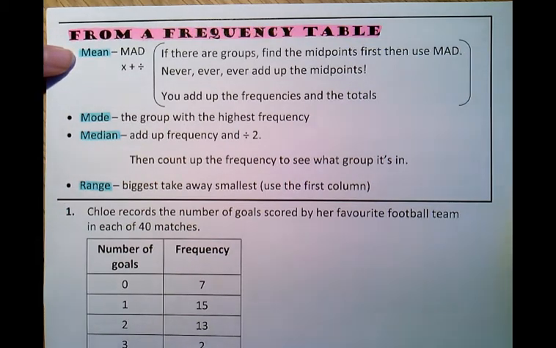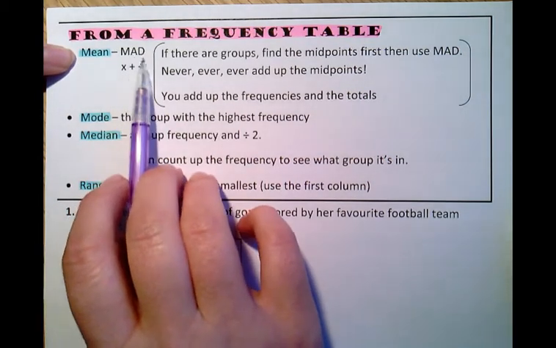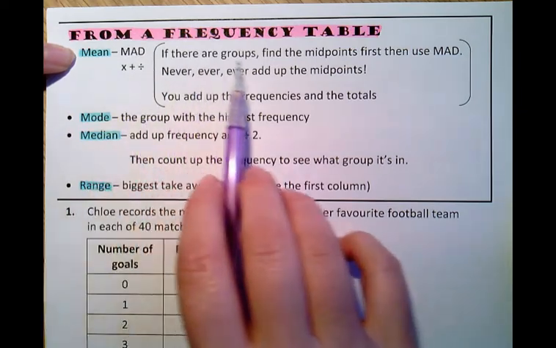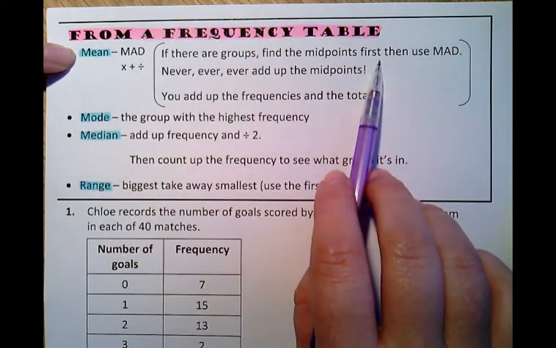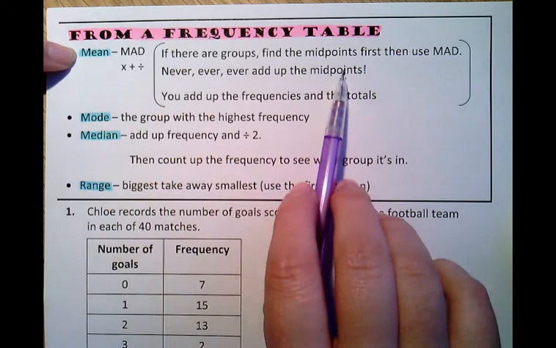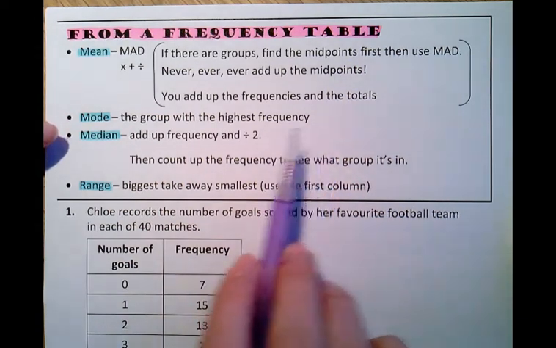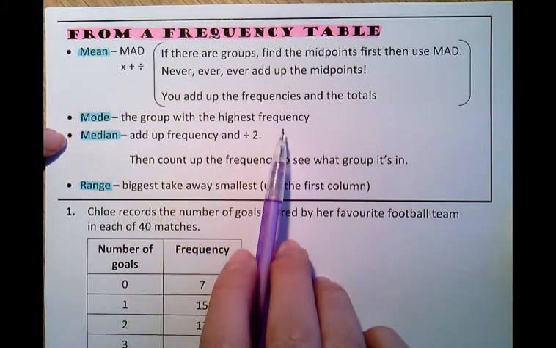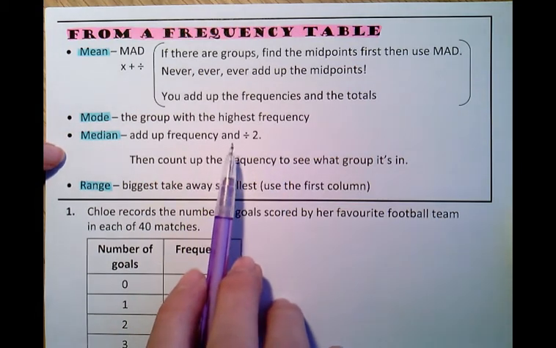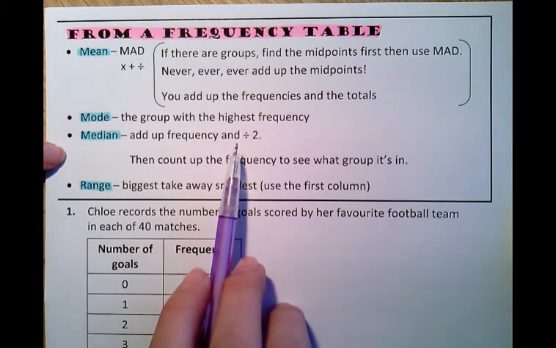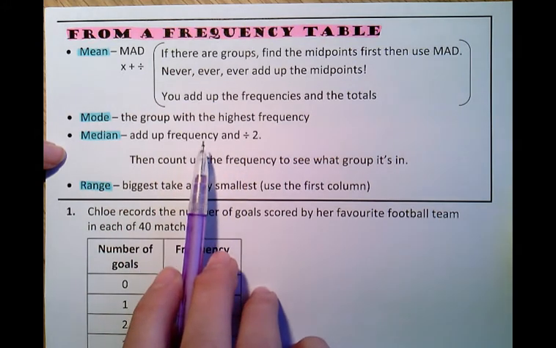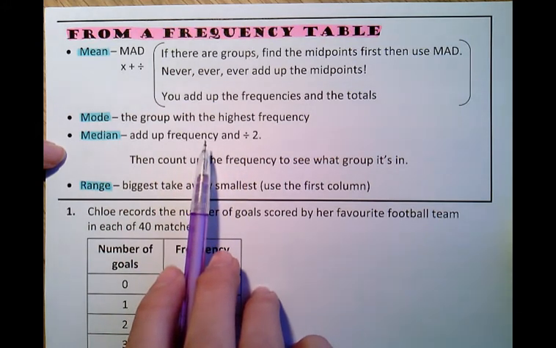If you're wanting to find the mean, you use MAD, multiply, add, divide. If there are groups, then you find the midpoint first and use MAD, and you never add up the midpoints, you add up the frequencies and the totals. Then the mode is the group with the highest frequency, and the median is probably the most awkward one to find out of this. You would have to add up the frequency to see how many people there are, and